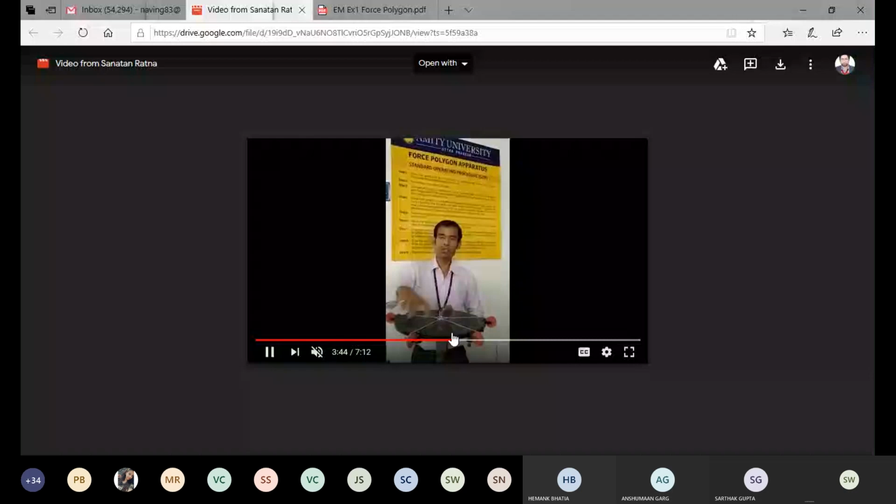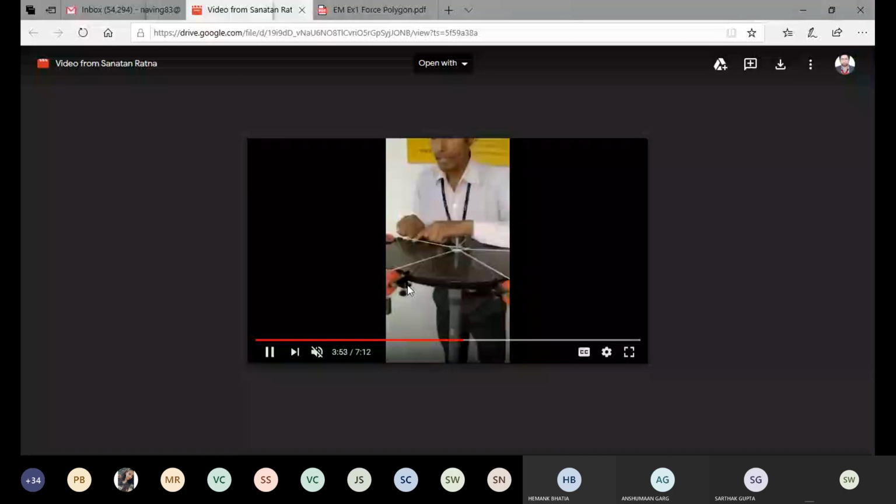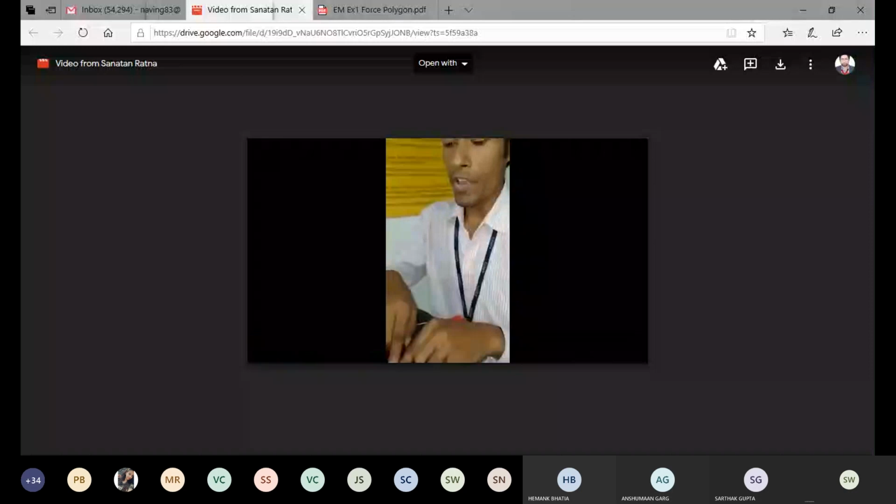Let us say this string is at an angle of 120, and here it is put at 70. So for 120, you can see some angle is there, and for this string some angle is there, this is 160 and this is 80 simply. So 160 minus 80 will be how much? 80 degree. So this is how we have to calculate the angles between the strings: